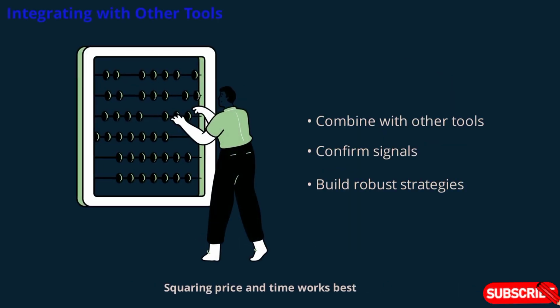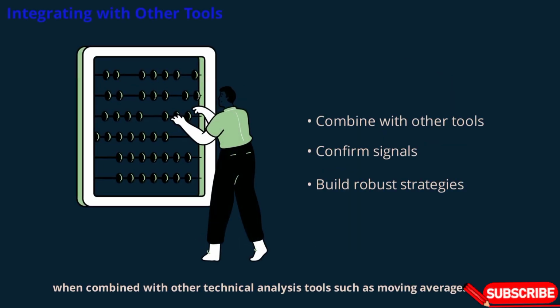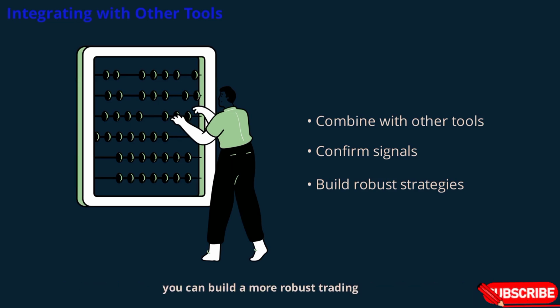Squaring price and time works best when combined with other technical analysis tools, such as moving averages, trend lines, and volume indicators. By integrating multiple methods, you can build a more robust trading strategy and increase your chances of success. Use squaring as a way to confirm signals from other indicators, or as a standalone method when the setup is